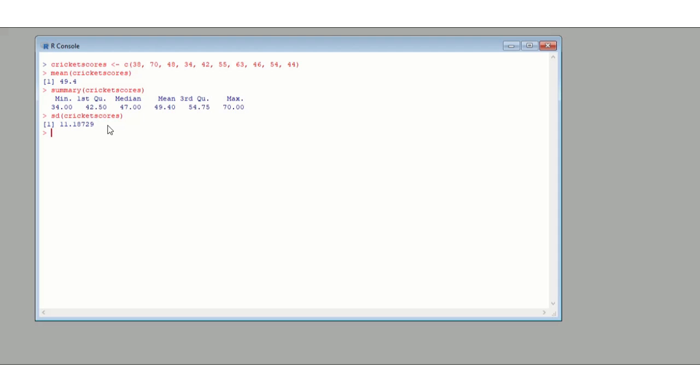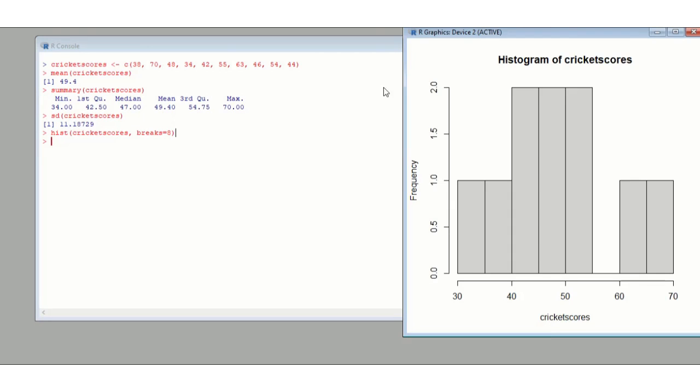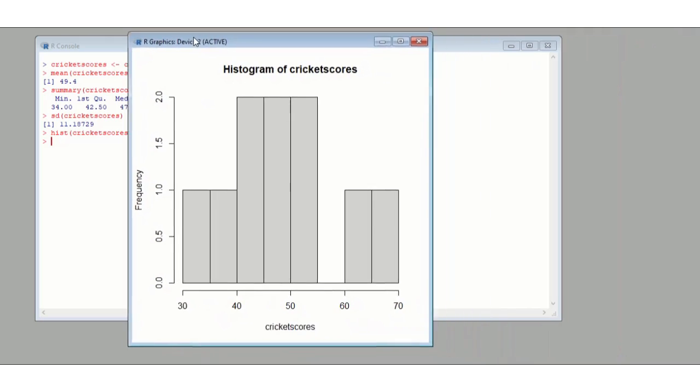Now we might want to visualise this data a little bit, so I'm going to draw a histogram of the cricket scores, so we can try and get an idea of the distribution of this data. I'm actually going to add in some breaks, maybe 8 of these. Right, so we get this histogram,